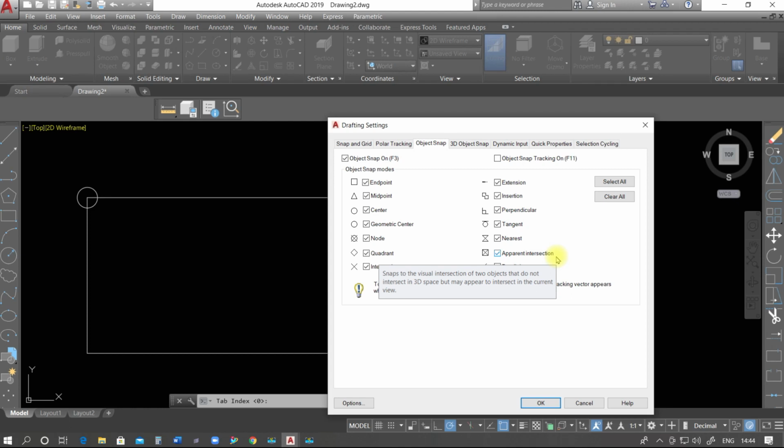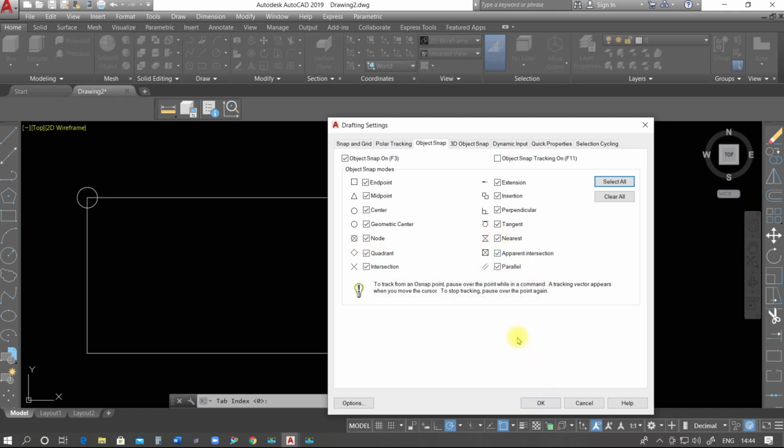Maybe in this video you will feel that it's taking some more time, but this is a very important thing, and when a topic is important, you have to give your own effort also. Okay, so here we can directly clear all and select all. So this is how to use this one.